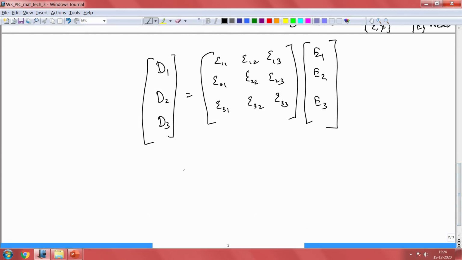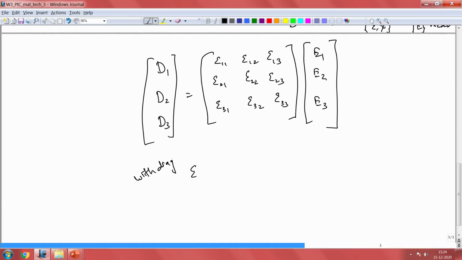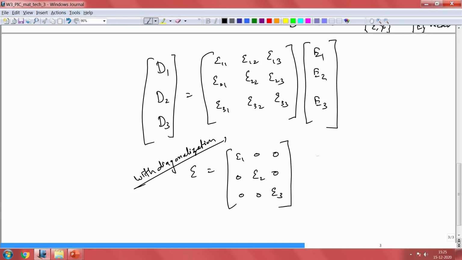So, with diagonalization, one can write epsilon as epsilon 1, 0, 0; 0, epsilon 2, 0; 0, 0, epsilon 3. So now these epsilon i, where i is 1, 2 or 3, are nothing but the eigenvalues,